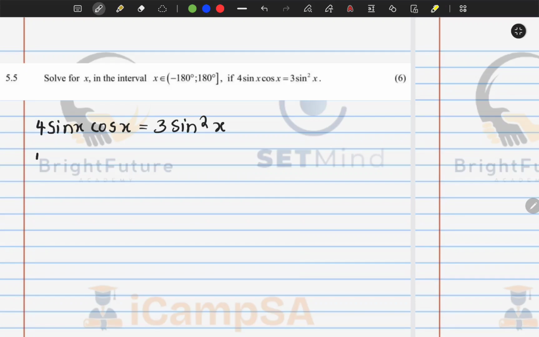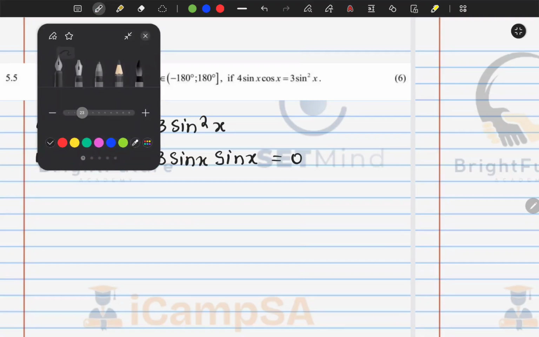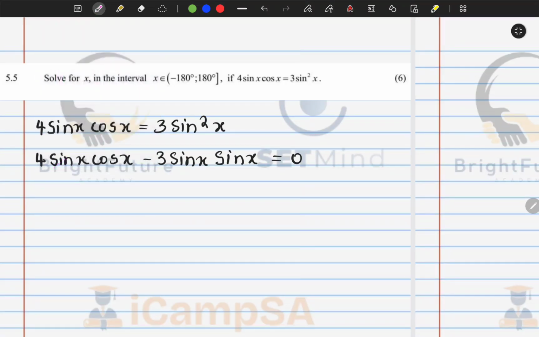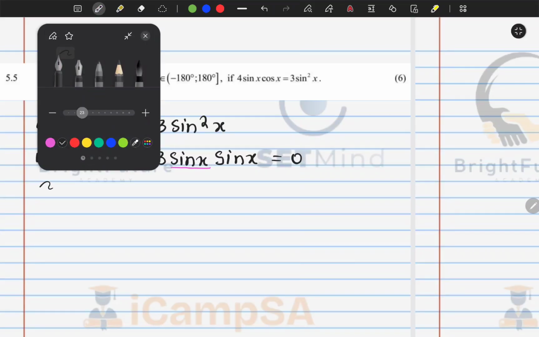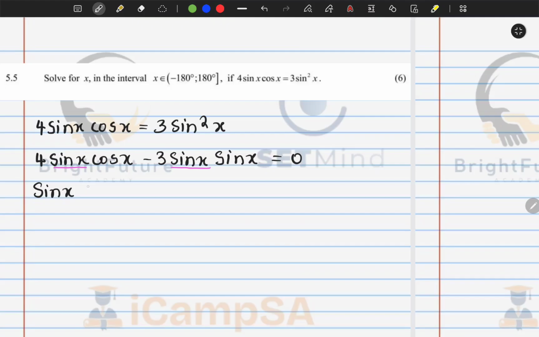So what I'm going to do is transpose such that I have 4 sine x cos x minus 3 sine squared x equals 0. And what you will see is we have a common factor of sine. So we can pull it out. So we can have sine x into 4 cos x, then minus 3